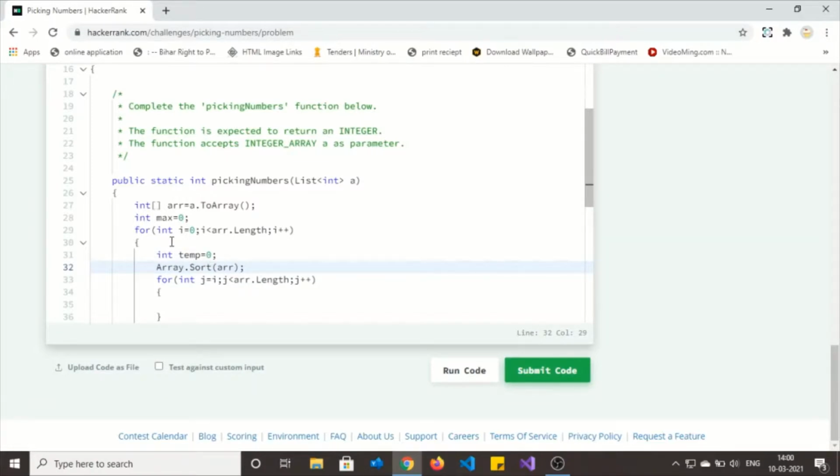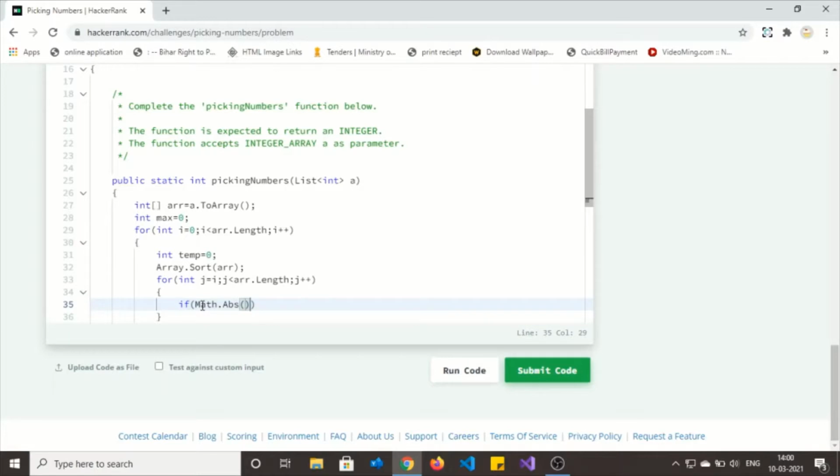Okay, now we have to check the condition. If Math dot abs function will always give us a positive number, whether we are subtracting smaller from larger or larger from smaller.